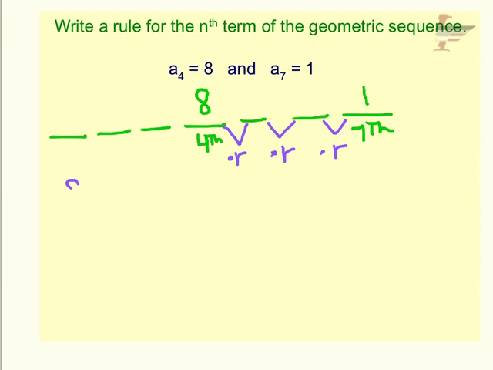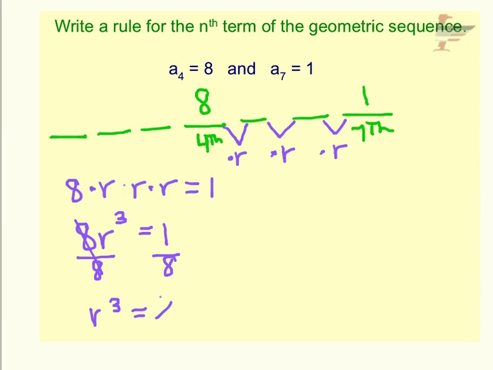So the equation we can say is 8 times r times r times r will get us 1, so it equals 1. And just to clean this up a little bit, 8r cubed equals 1, and now we just have a nice equation to solve for r. We would divide both sides by 8. r cubed equals 1/8, and then do you remember how to undo an r cubed back from, I don't know, chapter 6? Cube root both sides,